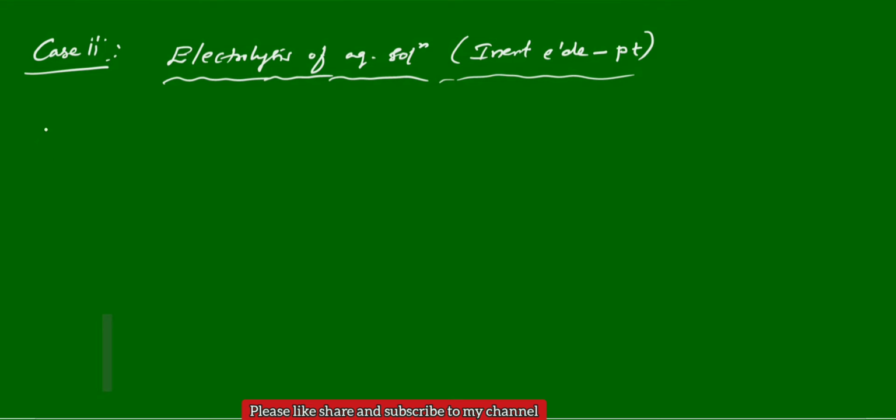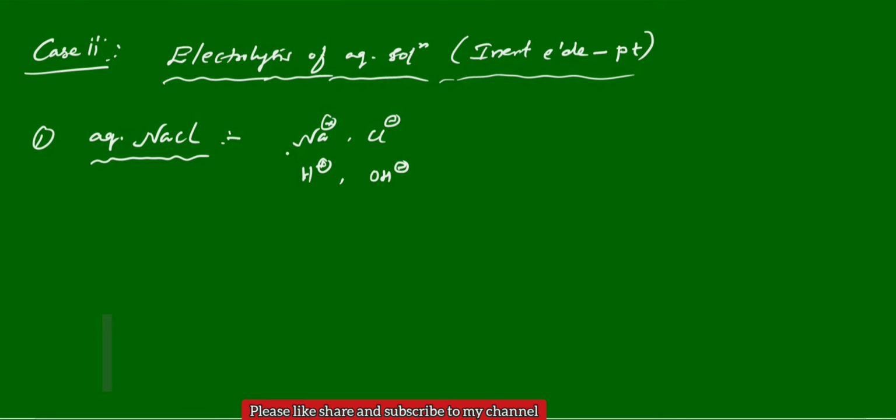Let me take the example of aqueous NaCl. In the last class we discussed fused sodium chloride. When you do the electrolysis of fused sodium chloride, at cathode sodium is deposited, at anode chlorine is liberated. In case of aqueous NaCl, what happens? Here the aqueous NaCl can give the ions Na plus, Cl minus. Apart from that, it is an aqueous medium. Water is a solvent here. It can give H plus and OH minus ions also.